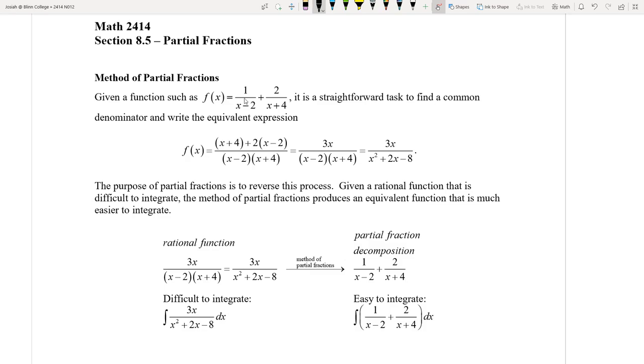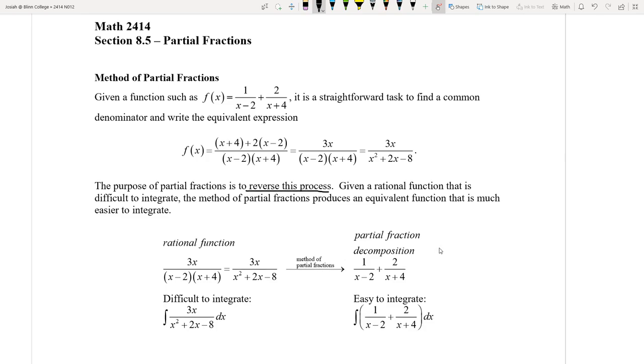That usually involves multiplying the first fraction, numerator and denominator, by the denominator of the second fraction, and likewise multiplying the second fraction, numerator and denominator, by the denominator of the first fraction. We combine the fractions, add the numerators together, and get a single numerator, and our denominator has these two factors multiplied together. We expand here. And what we want to do in partial fractions is reverse that